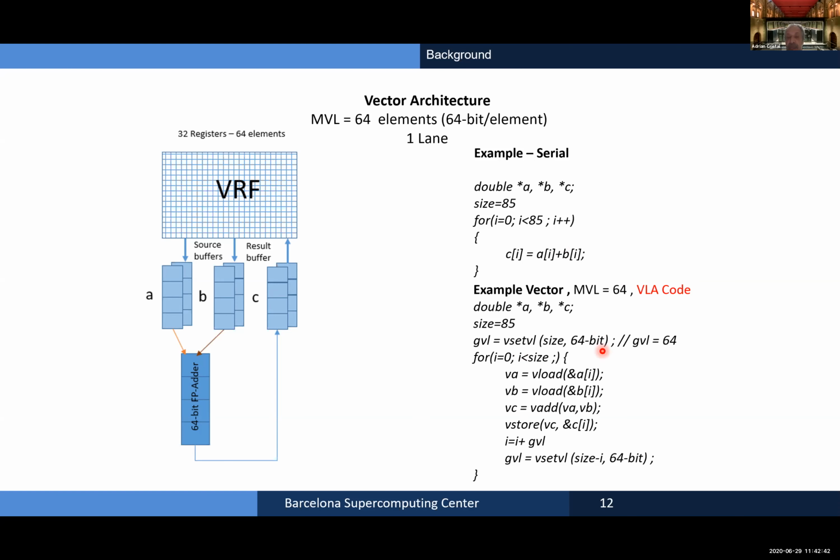This chunk of 64 will be operated here, maybe in a pipeline way, because here we have only one vector lane. We go to the load, the same case, we go to the add, we go to the store, and after we go to increment the i, and after we go to do again, accept the vector length with the rest of the total size that we want to. May I just, we have only one.